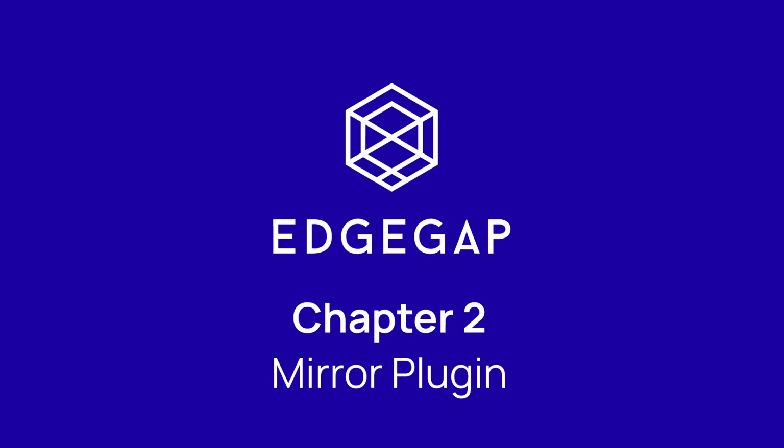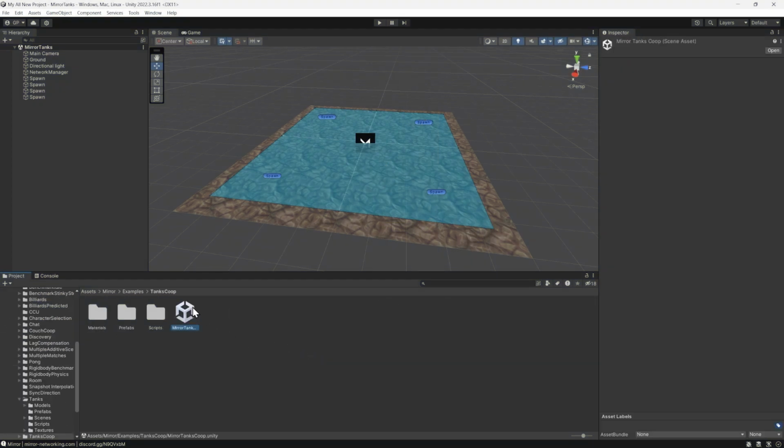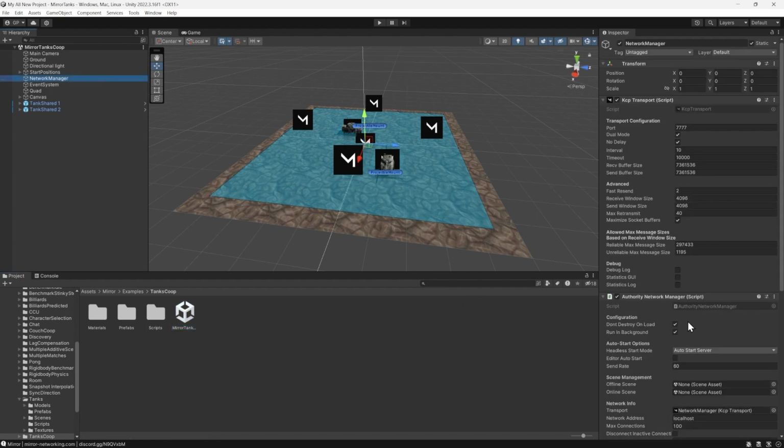Now let's get started. Load up your project. In our case, we are using the Tank Sample project from Mirror Networking that is already set up for dedicated game servers. To make sure it runs smoothly, select the Network Manager game object in the scene of the Mirror plugin, and in the Component Inspector, confirm that all 3 configurations, namely Don't Destroy on Load, Run in Background, and Auto Start Server Build are enabled. Additionally, if you have different scenes depending on whether the player is offline or online, you can drag and drop scenes from your assets to the appropriate scene management section. This ensures automatic transitions between online hosted servers to offline play.